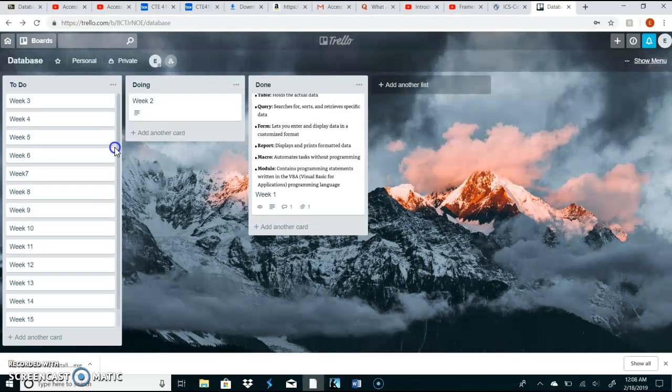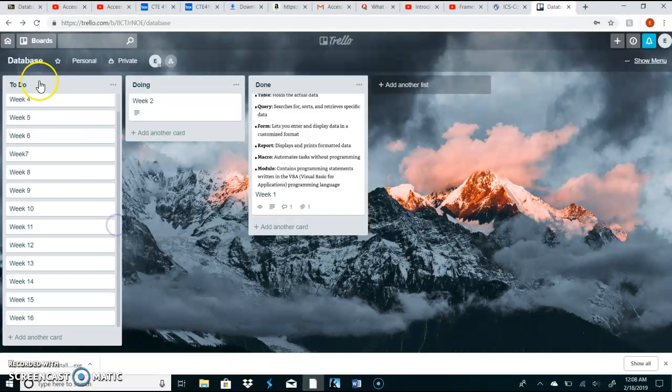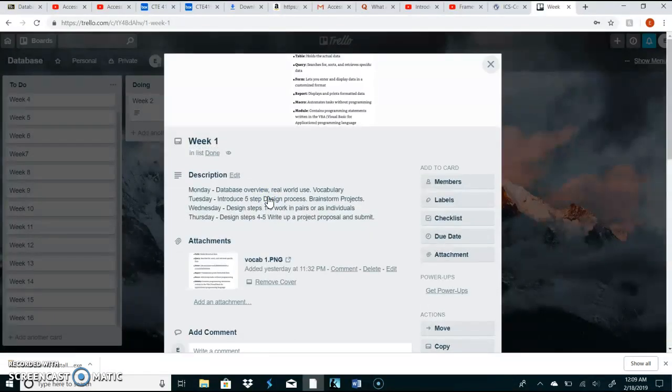So over here, I've got weeks 3 through 16 in my to-do pile. I'm working on week 2 in my doing pile right now, and then week 1 is done. And Access is really not my strong point, but that's why I'm in this class. I want to make it a strength. And so I think I'll be able to fill in some of the gaps on more of those weeks as I get a little more confident and familiar